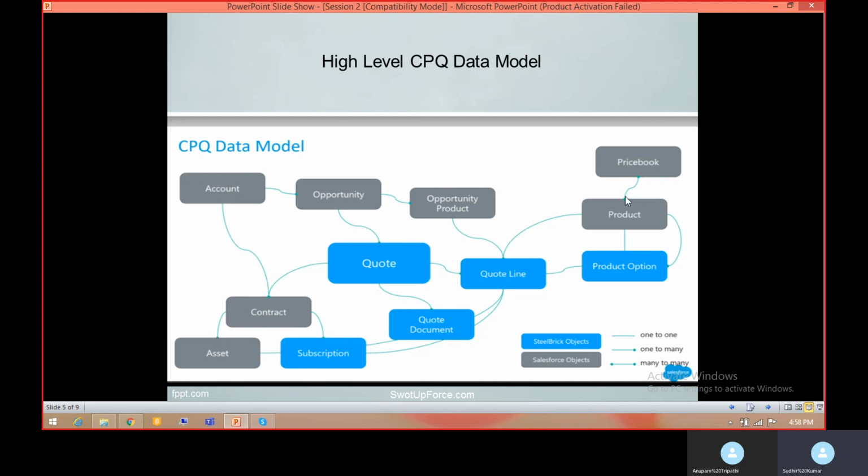And if you see over here price book and product, it is a many-to-many relationship. That means one product may be associated with multiple price books, and one price book may be associated with multiple products. This topic will be covered when we discuss product and bundle in our upcoming session. So this is a high level CPQ data model.